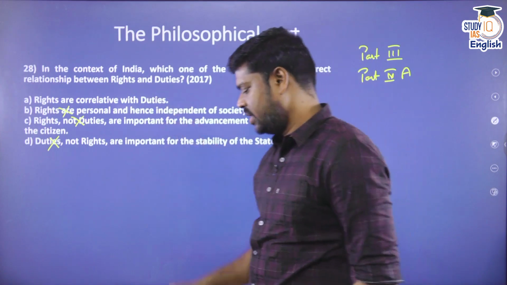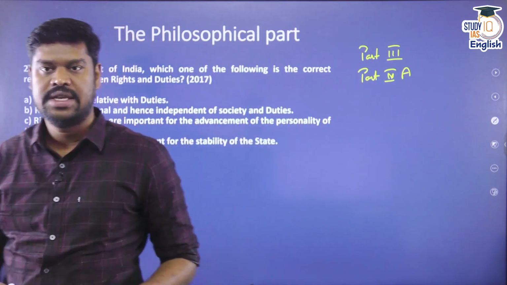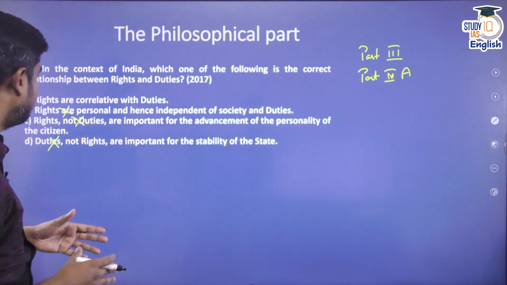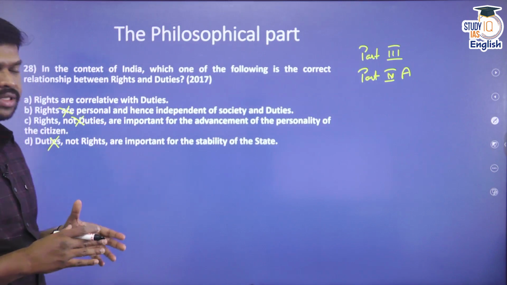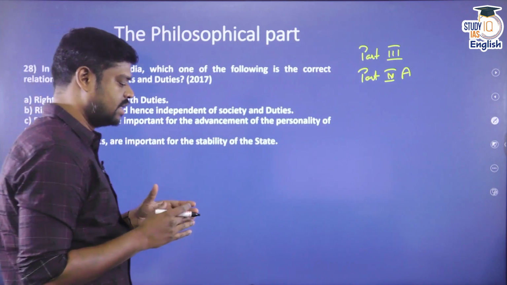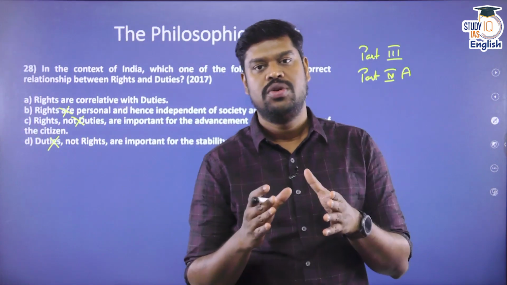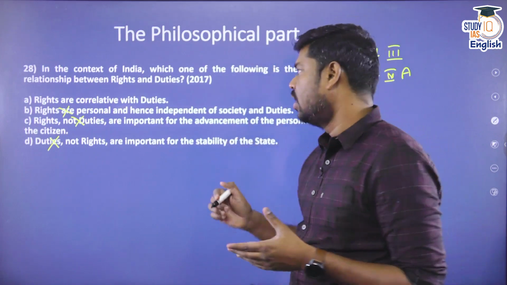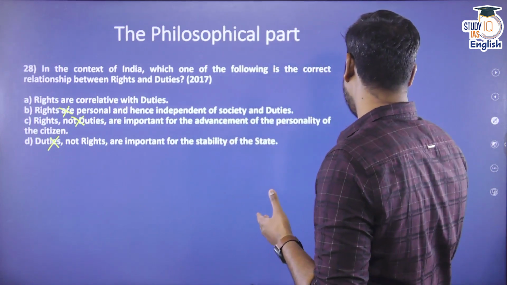So now come to statement A. What is statement A saying? Statement A is saying that the rights are correlative with duties. Of course, they are correlative. Let me take an example of the right to education under Article 21A. Article 21A is saying